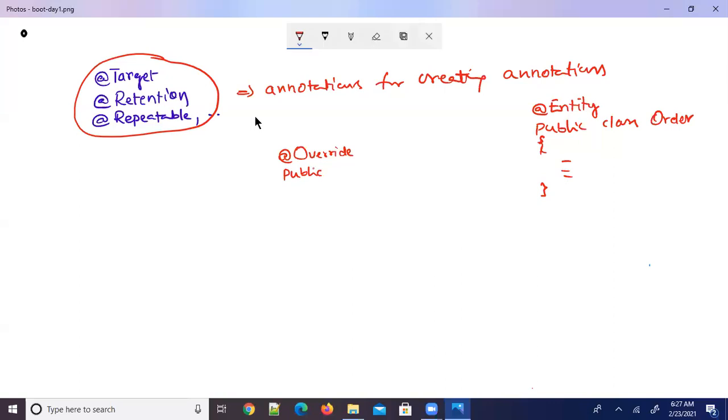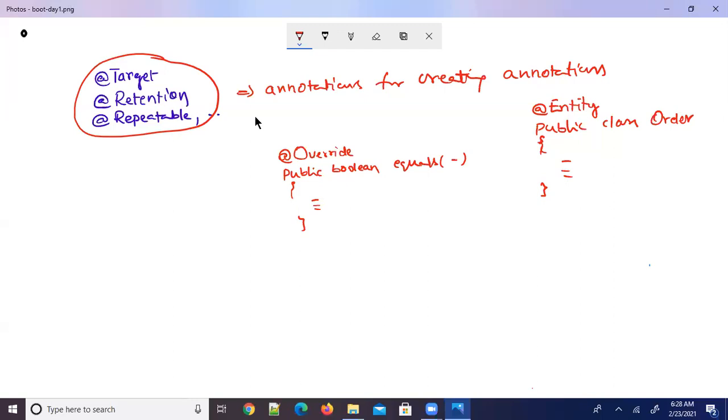Say for example, public boolean equals of some parameter, something like this. Here you are writing this annotation at the method level, and here you are writing this annotation at the class level.